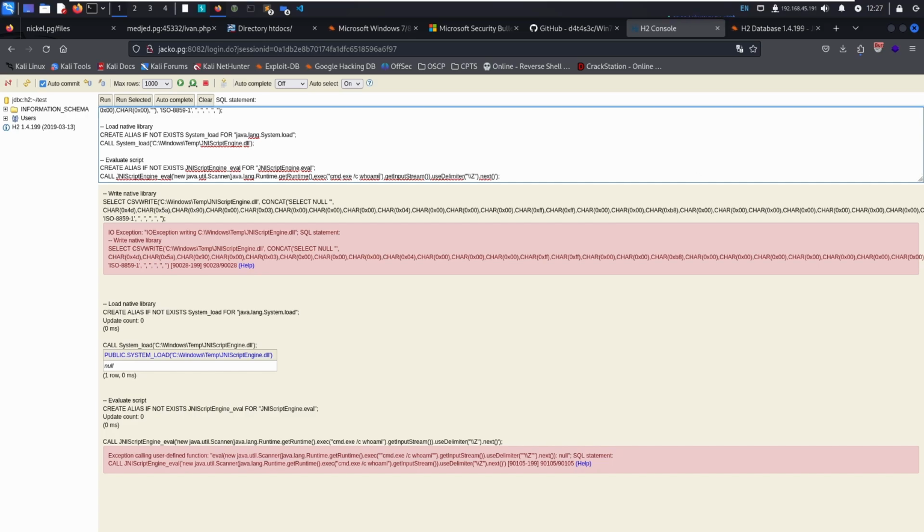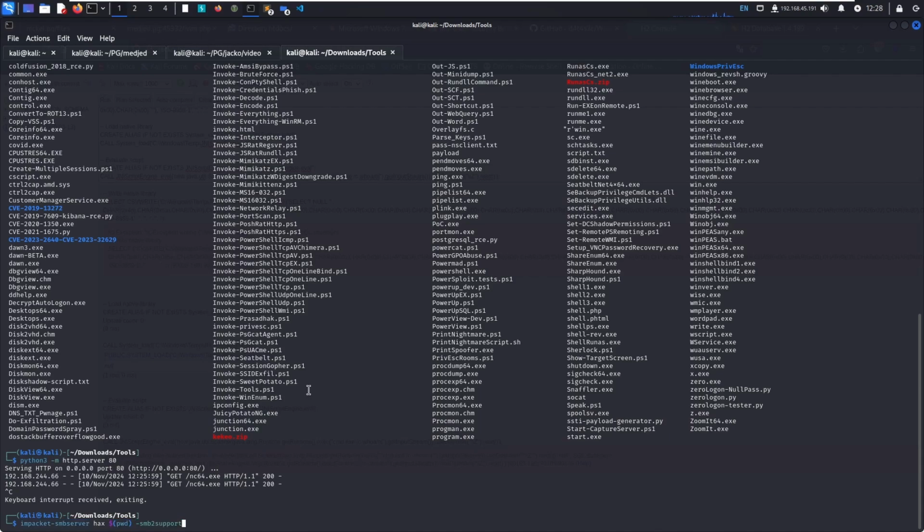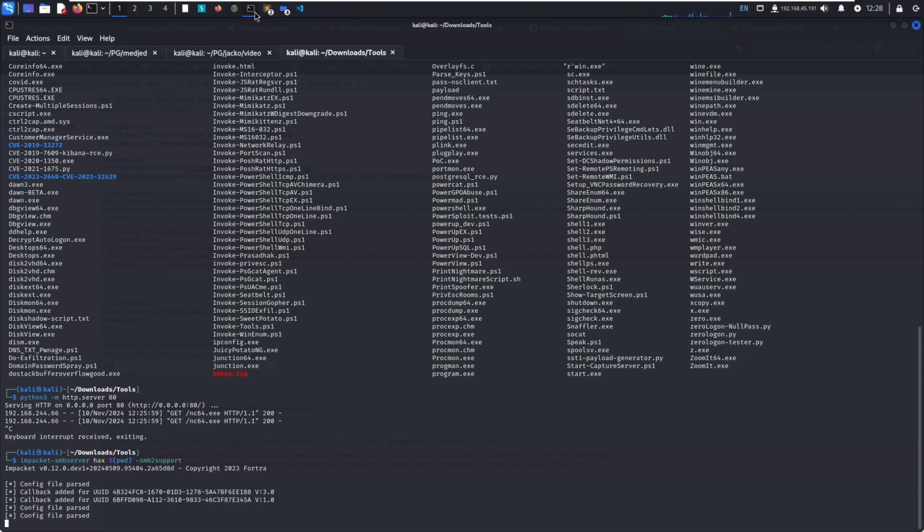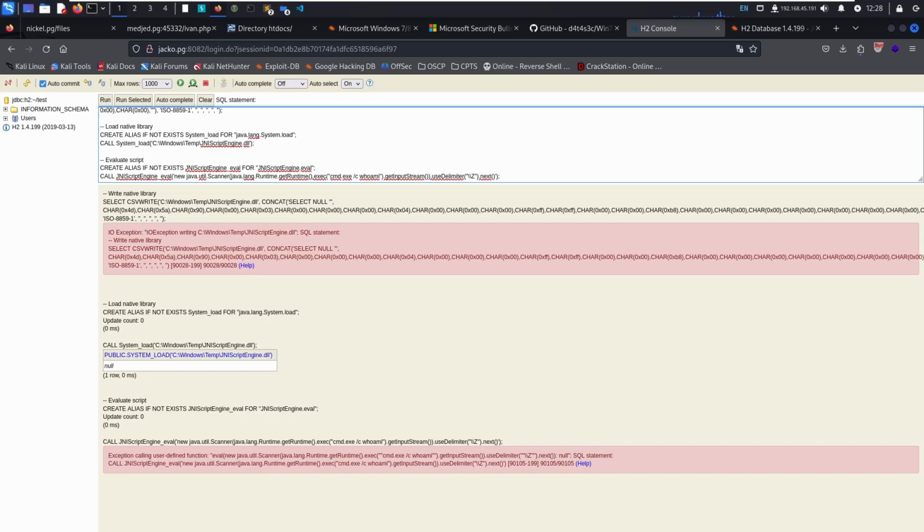So let's go ahead and try to execute netcat64 directly from our SMB server. So let's go ahead and start our SMB server, and our SMB server name is hacks, and we are going to run it with SMB2 support. Let's go ahead and start that, and our netcat64.exe file is in our downloads tools directory. And now we're going to run cmd.exe /c with our